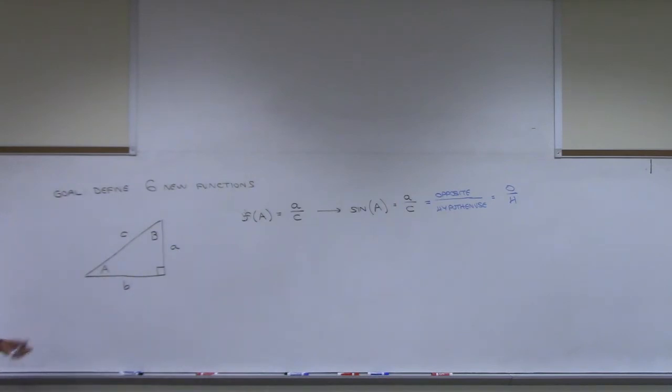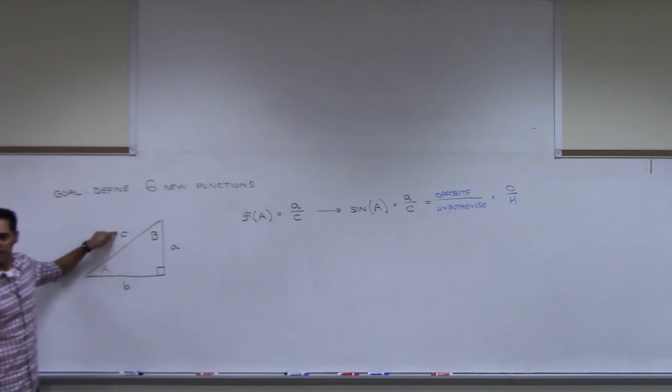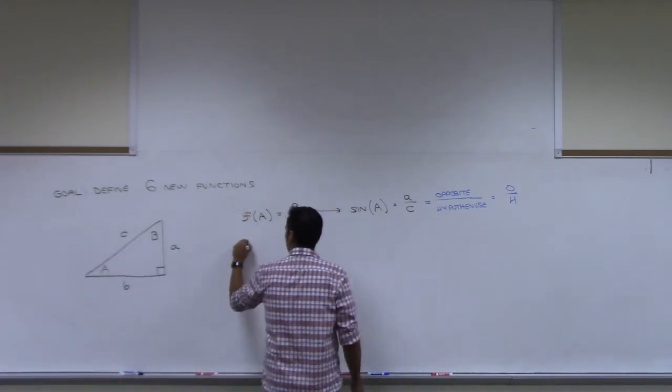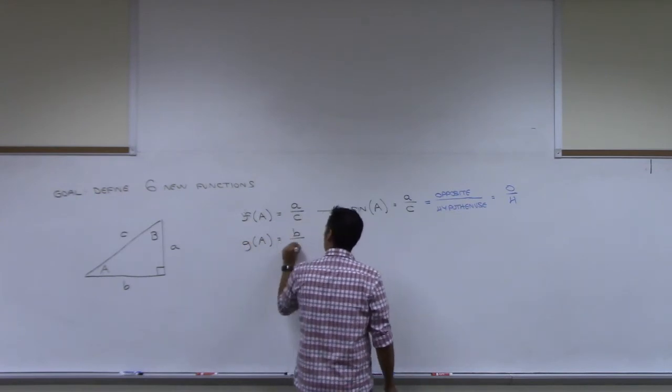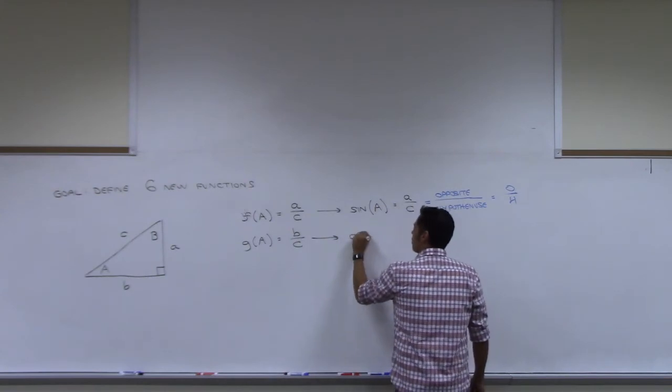So what could be another relationship I set up? Give me this angle. B over C, which would be adjacent over hypotenuse, which is cosine. This one over this one? Yep. I could do this one over this one, which is cosine. Okay, so I'll call it a different function, G of A equals, in this case, B over C, which we actually define as the cosine function,